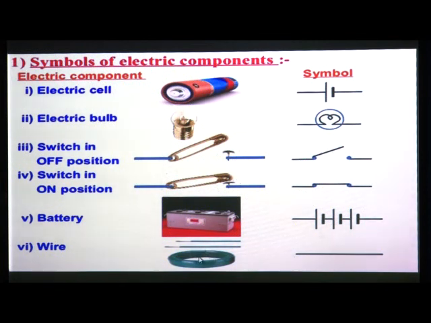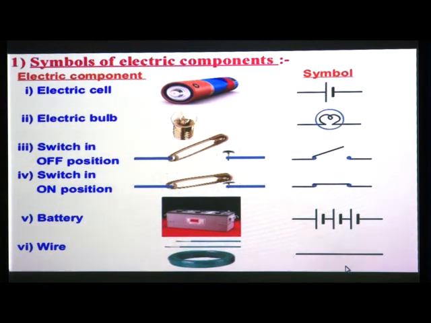So here you can see the plastic wires are there. The metallic wires are covered with a plastic coating, a plastic cover. Plastic is an insulator. So these wires are insulated wires which are showing blue color, and the blue ring you can see here is also an insulated wire. So what is the symbol of this wire? See, like this, only a single line is there which is showing a wire here. Okay, so these are some symbols of electric components.